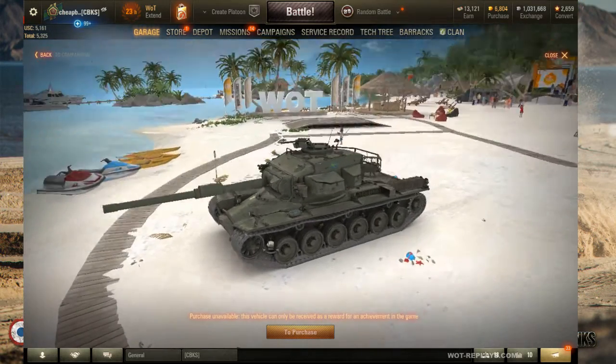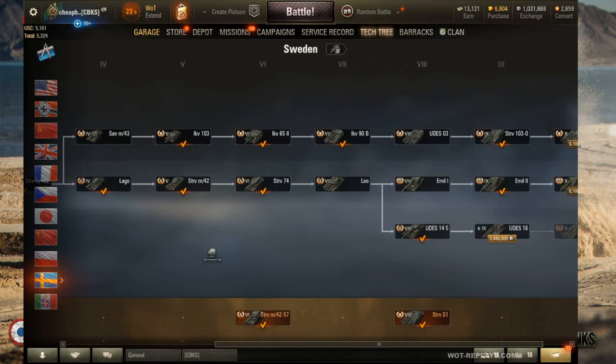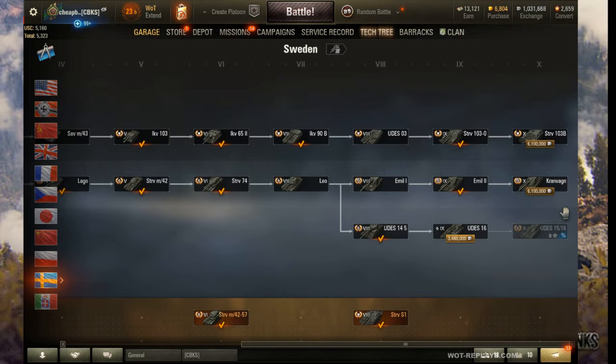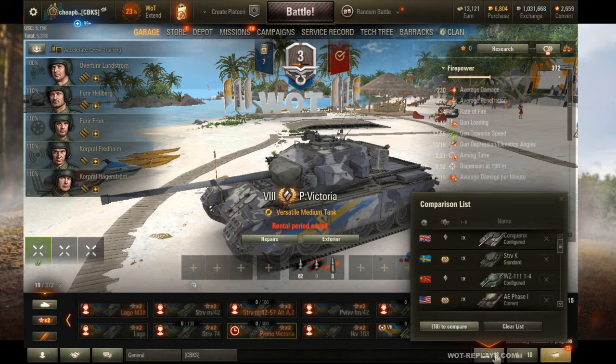This is what the tank looks like. We're going to look at the tech tree real quick. So you can see you've got the ML1, the ML2, and the Kranwagen, which are great tanks, even though I've heard that they're nerfing the Kranwagen. So you got those vehicles. We're going to go to the comparison over here. This is a different vehicle, of course. I'm going to go to the comparison